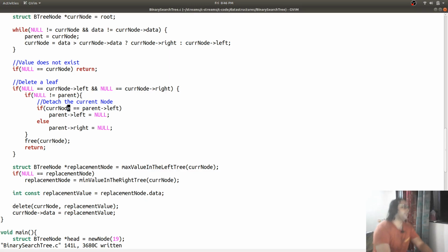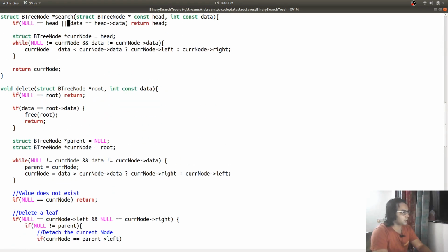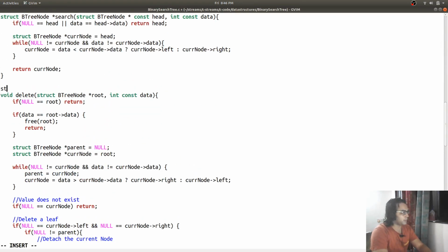Okay, I haven't defined the max value in the left tree function or the min value in the right tree function, so that is the one issue. And next I'm going to write the function, and I will ask for a struct b tree node pointer, constant pointer, root.